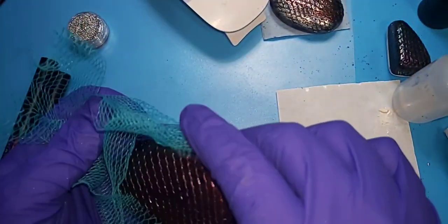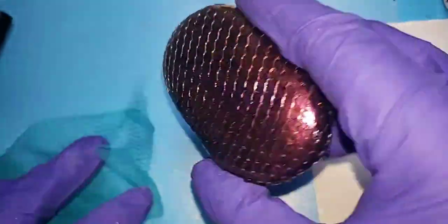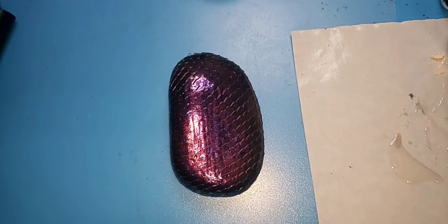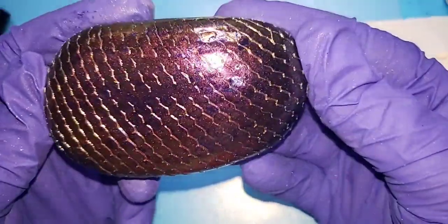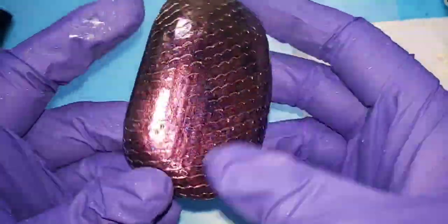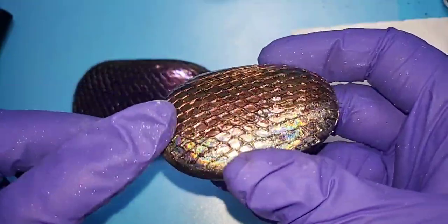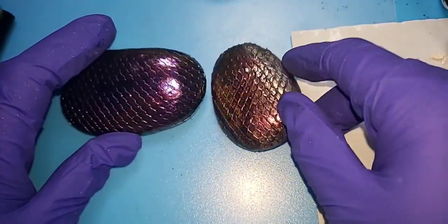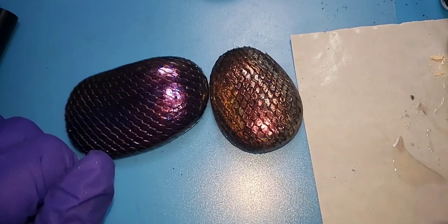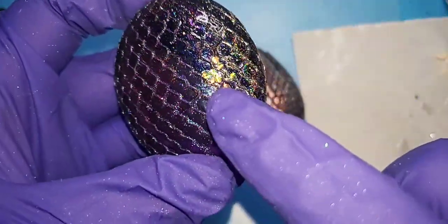All right, I think it shut off. Okay, that one popped right off. Pretty cool, huh? It looks like it's still on there, but it's not. I love that so much. Okay, so that was chroming the rock first. This one was making the pattern first and then adding the chrome powder. So if you want a really in-your-face kapow chrome, this way would be good. And then where'd the other one go? Oh, it's under the light. And this one was kind of a both. And then I'm adding a little of the